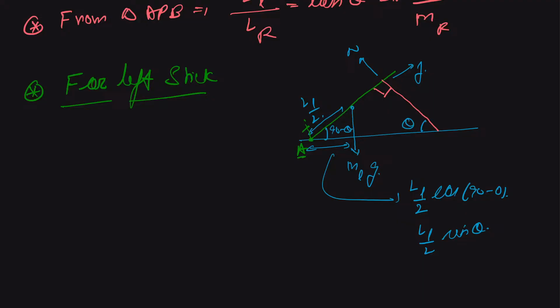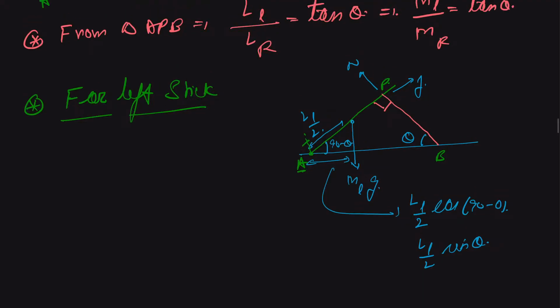Similarly for the other stick, this is our point B and this is our P. So for the left stick about point A,